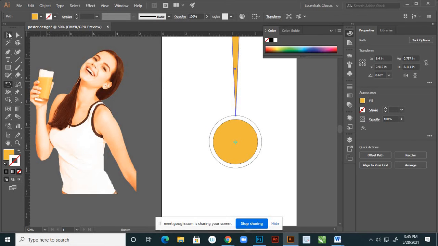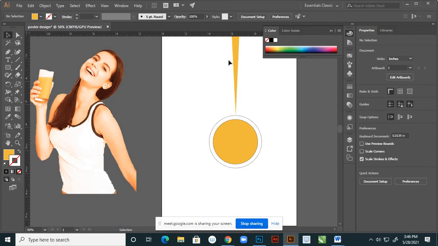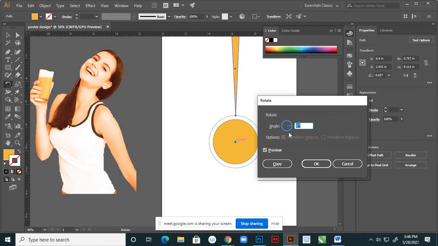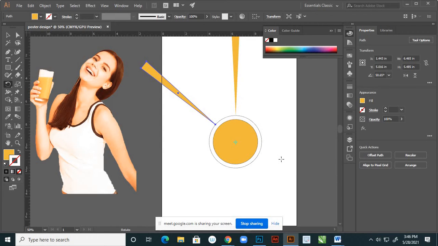Here I have to do one more thing. I just forgot to copy that one. For that I have to do this again. I'm using Alt on the keyboard and dragging this point here, right? Yes. So 50 and copy, right? Yeah, it is a very